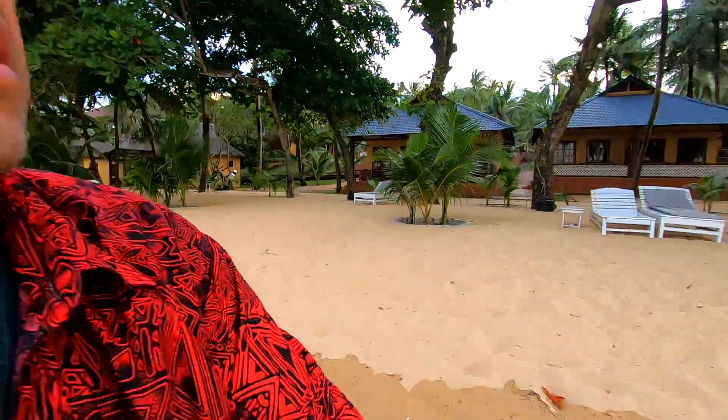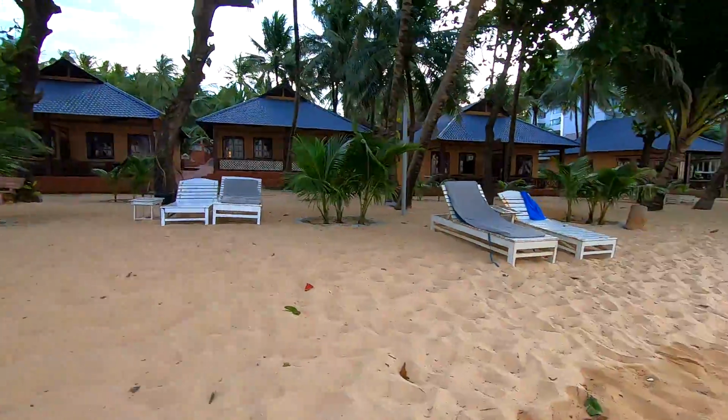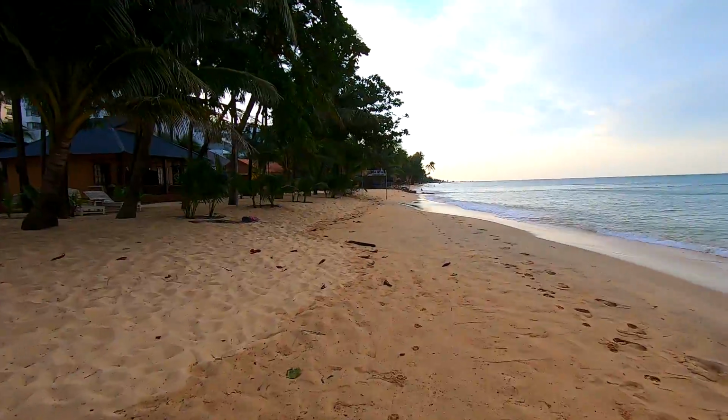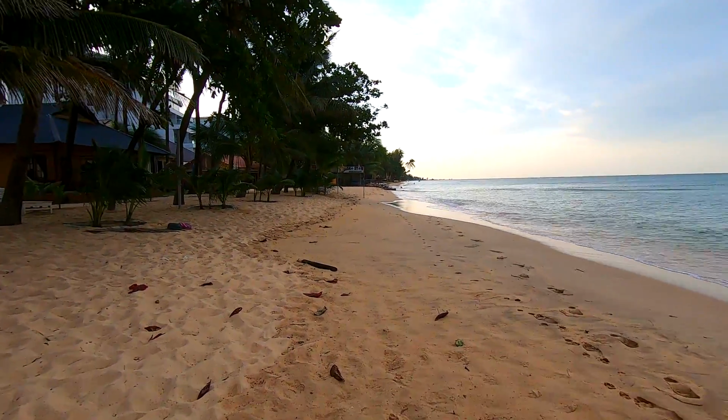So, nice bungalows right here, right on the beach. Beautiful. And bungalows here, they cost about, probably, you're looking at anywhere between 50 to 100 New Zealand dollars a day. And that also includes free breakfast. Pretty good. I think most places you go to, you can get like a free breakfast anywhere. So it's good